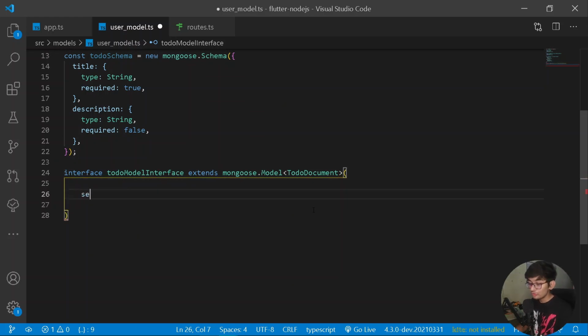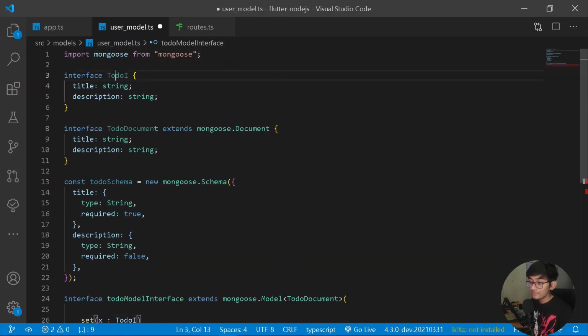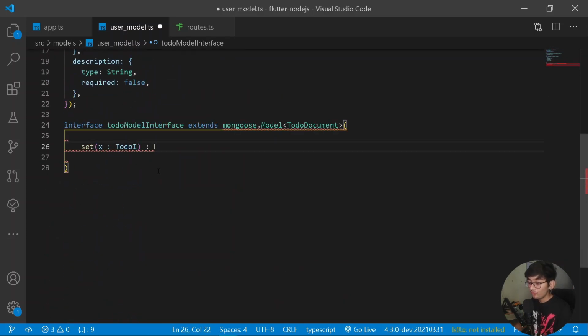First of all we should be creating a new method called set, and under this set it should be acquiring an argument called x, and under this argument we should be inserting our data under a type of to-do I, which is an interface, and the following interface should be taking a title and a description. The following thing shall be referring to a to-do document. So here let's have to-do document, easy thing. But instead of angular brackets, we need to have curly brackets here.